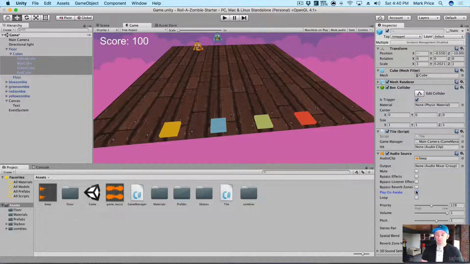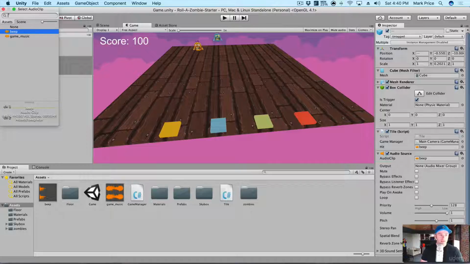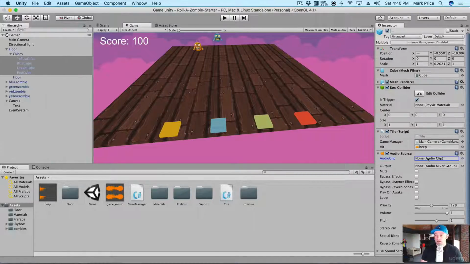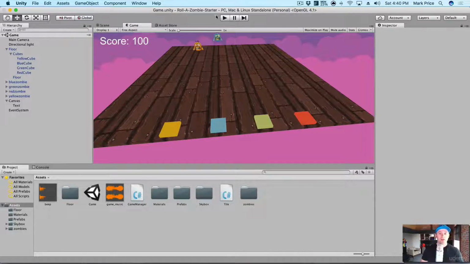And then one more thing we need to do is we need to actually drag the audio. Oops, this is wrong. I put it in the wrong slot. The beep needs to go over here, and then I'm going to select this one and say none. There we go. So the beep is right there, and this all looks great. We put the audio clip on it. So now if I play it,